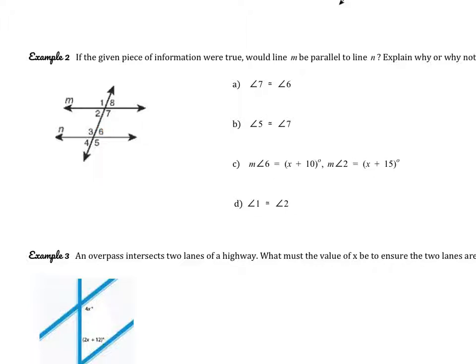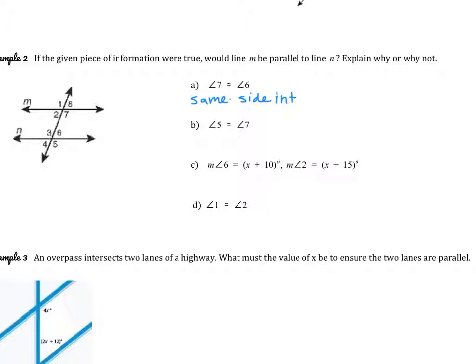These two angles, we would classify them as same side interior. If you look back at what the converse of the same side interior angle postulate says, it says that they should be supplementary, not congruent. So we would say, no, this does not prove that the lines are parallel